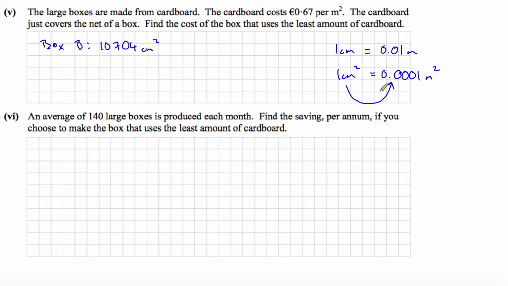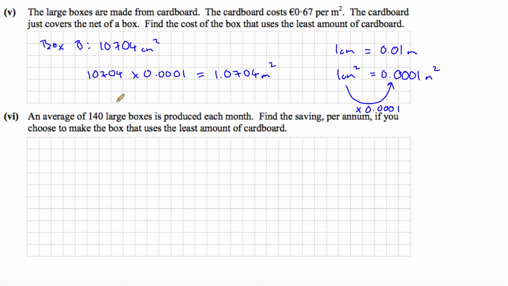To do that, you're multiplying by this, basically. You're multiplying by 0.0001. That's the conversion. So what we need to do then is we need to multiply 10704 by that, by our conversion. And when we do that, we get 1.0704. That's meters squared. So it's just over a meter squared of cardboard that we're using, and it's 67 cents